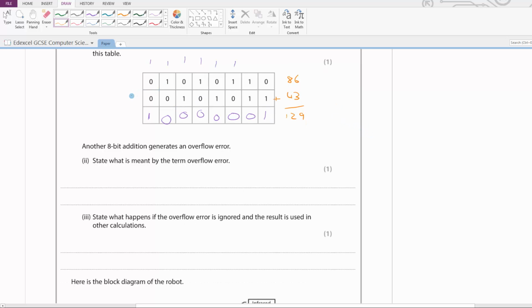I thought I'd end up with an overflow error, but actually it says in another calculation, so not this one we've just done, don't get confused. It generates an overflow error. State what was meant by the term overflow error. So this is when you add together two numbers which result in an answer that's longer than the space you have allocated. So it says 8 bits, so the maximum you can get with 8